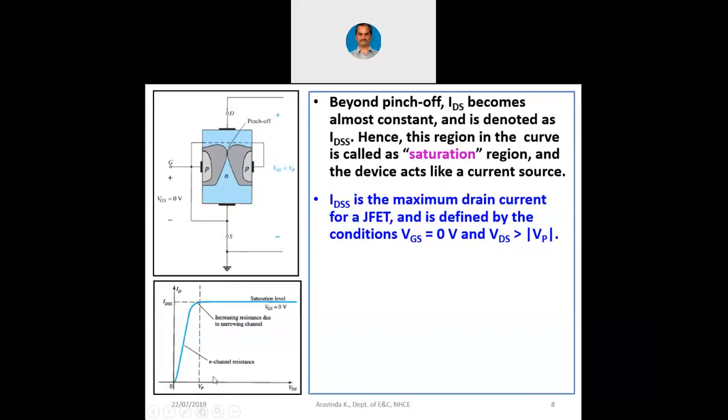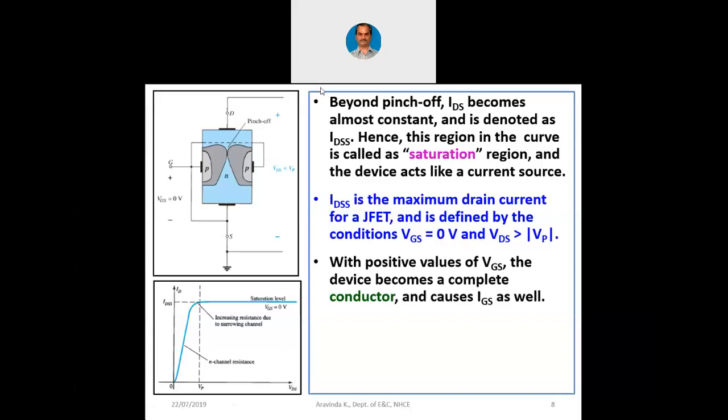That is what is shown in the picture here, N channel resistance, and that is the increasing resistance due to the narrowing channel. And in the saturation region, there will be almost infinite resistance because we cannot easily find the slope for this horizontal line. We should say that the slope for the horizontal line is infinity now. So naturally, resistance will also be reaching to infinity in the saturation region. That is why it is acting like a current source.